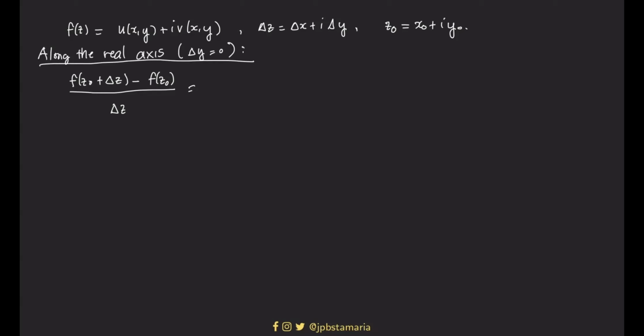Okay? So yung fraction na to, magiging ganito. Ito siya, di ba? F of z. Papalitan mo nito. u of x naught plus delta x, comma, y naught. Supposedly, lalagay ko plus delta y. The problem is, it's not a problem. But delta y is equal to 0. Kaya hindi ko na, may ganito ka pa, supposedly. So, hindi na natin isusulat yon. Plus, huwag nyo kakalimutan, dalawang part siya.